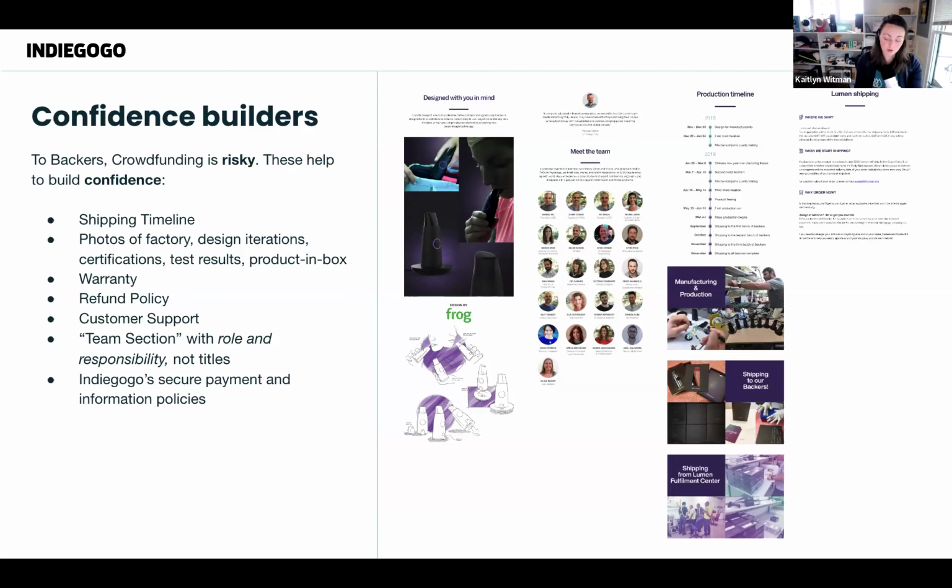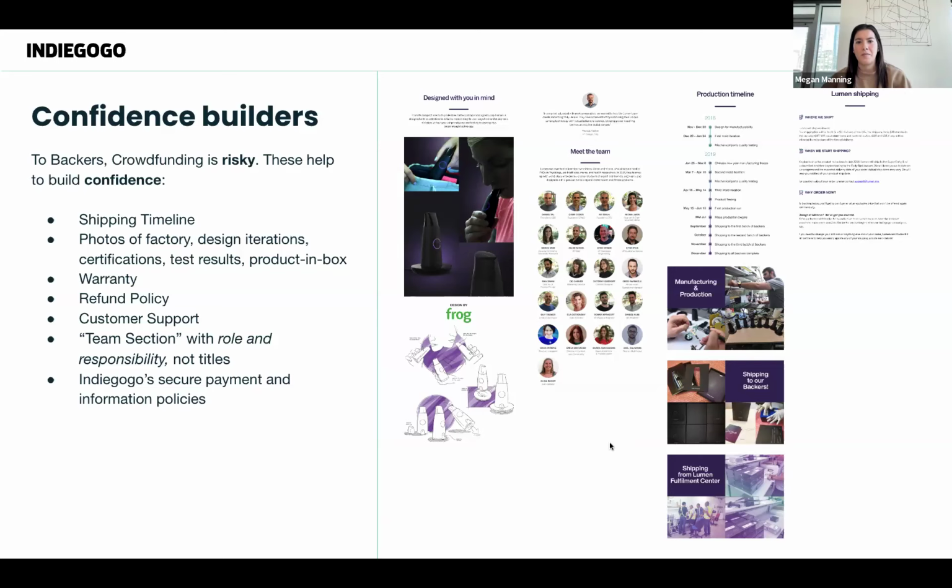And so being on a platform like Indiegogo, they help coach you on how to communicate. They give you the resources to deliver. You're just more likely to be successful. So I wouldn't discount that as part of this is what it means to build confidence in a potential backer. Yeah, and even with the built-in confidence builders of the platform itself, having that storytelling goes a long way